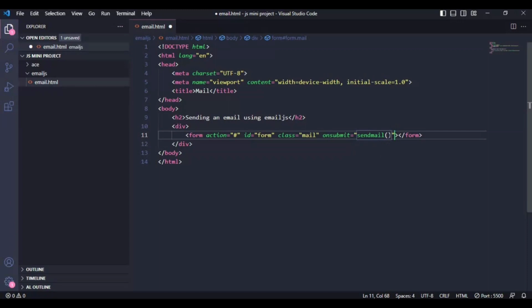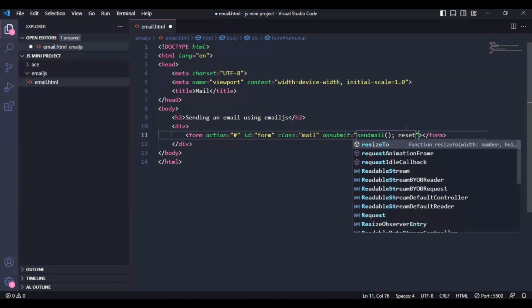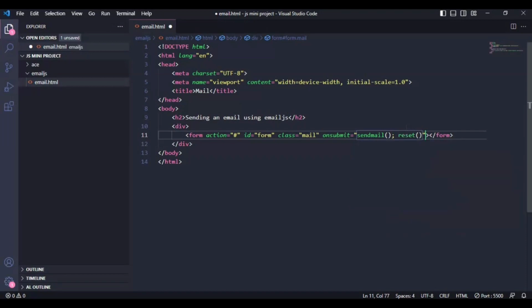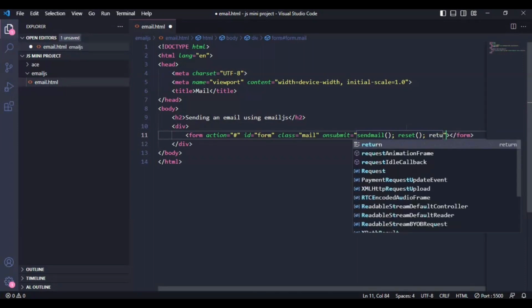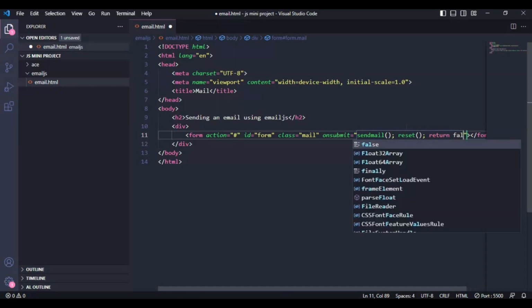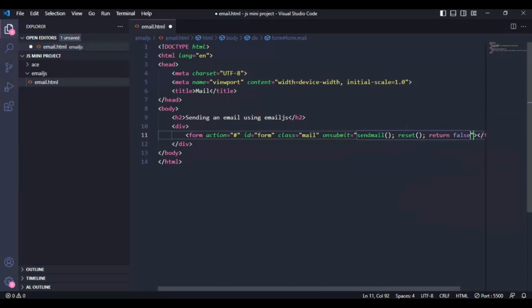So after this, I'm gonna put this, sorry, so my semicolon, then I'm gonna say reset, then I'm gonna put another semicolon, then after that I'm gonna say return. I'm gonna set this to false. Yep, I'm gonna set this to false. So slide over and hit enter,